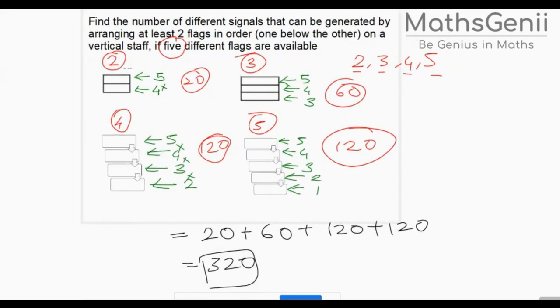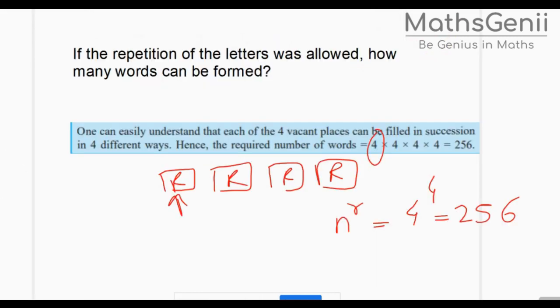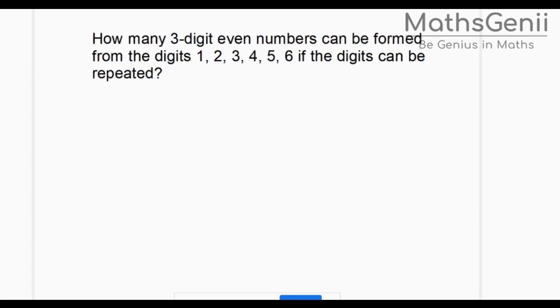Okay. Now let's move ahead to the next question. How many three-digit even numbers? Okay, firstly, you have to form three-digit numbers. So I'm going to draw three boxes. So this part is solved. Then he's saying even numbers. We'll come back to this. And what are the available digits? If I have to form an even number, the units place should always be a multiple of 2.